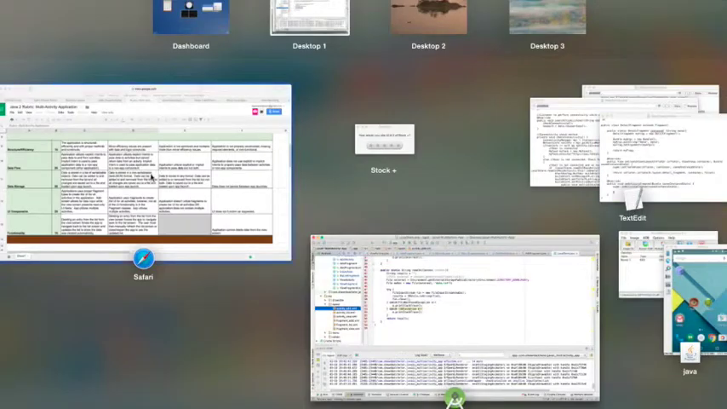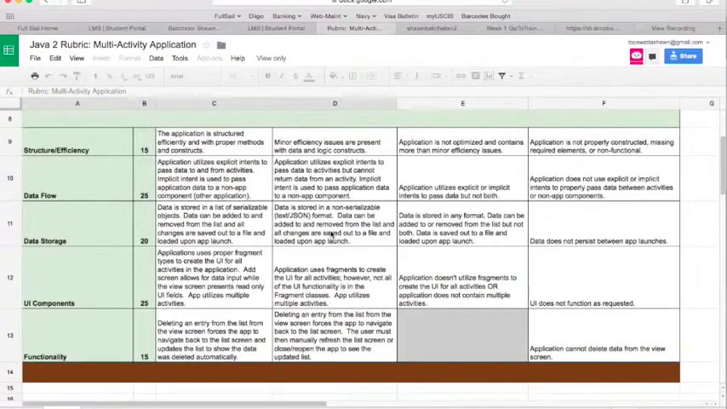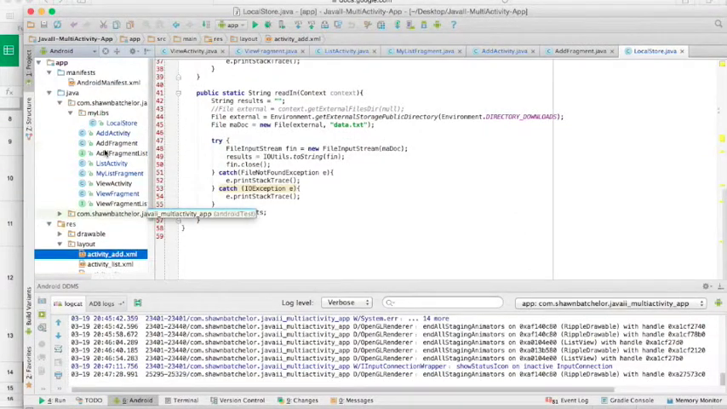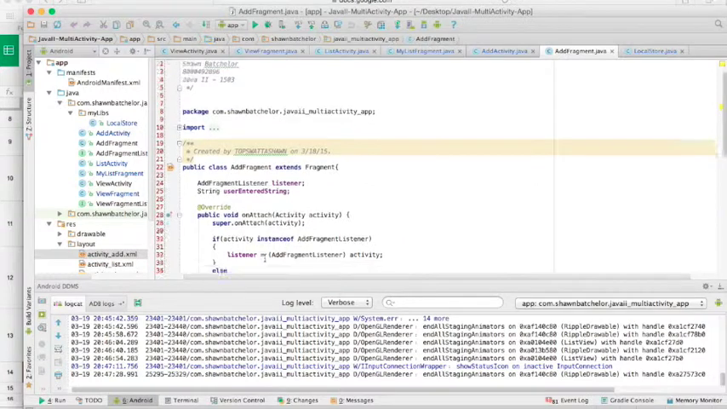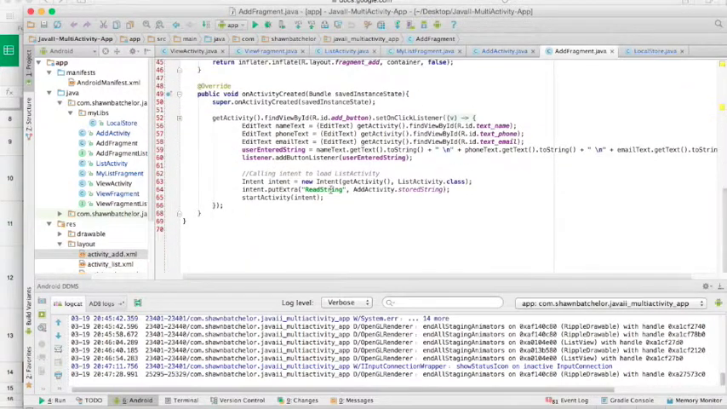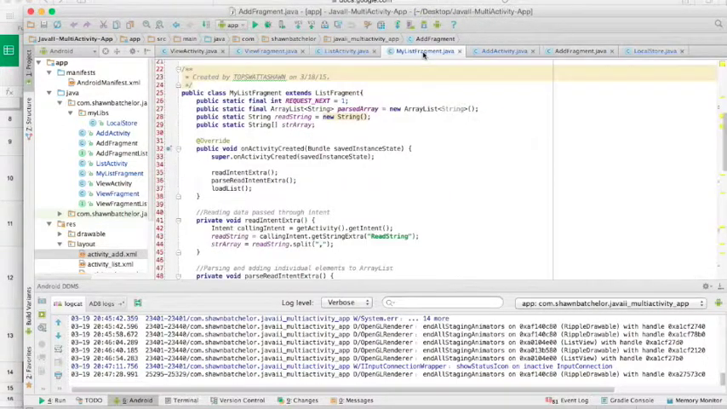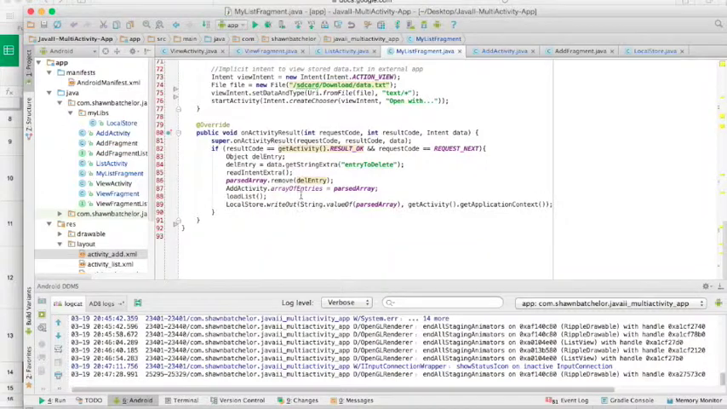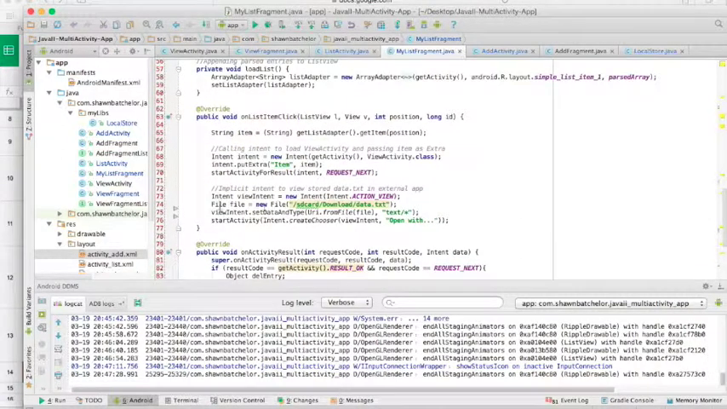So the application now works as it says in the rubric. All of the screens are created using fragments. They all pass information. Oh, I needed to demonstrate that also. Everything on each screen is being passed through the intents. So I have an intent right here, my add fragment. It opens up the list activity class, and then I use the extras to pass the string, which I read from storage. In my list fragment right here, I also have an intent, and then